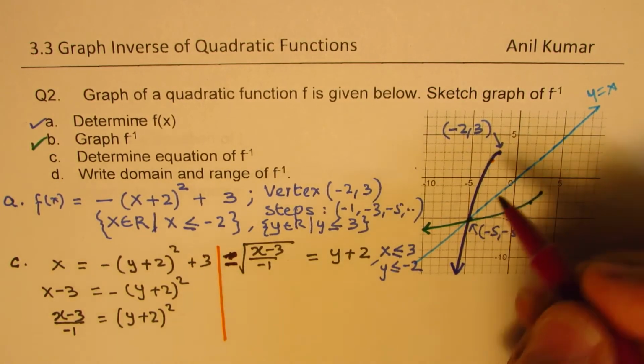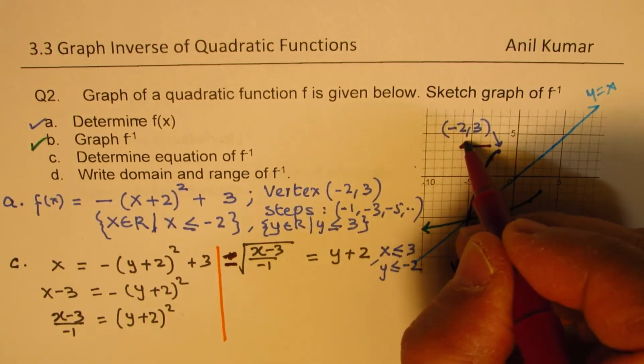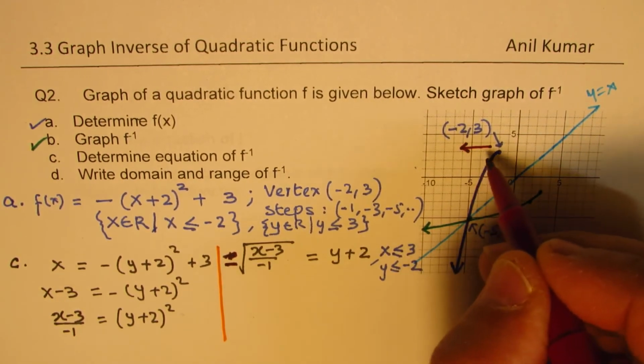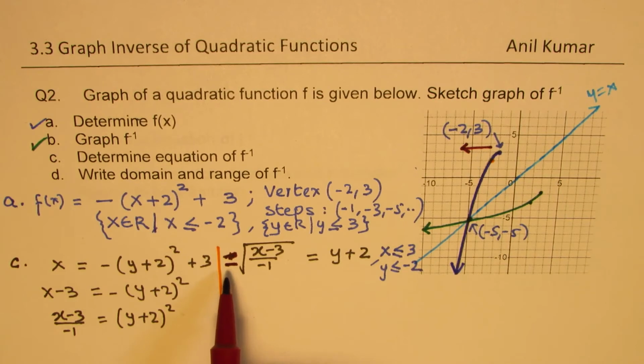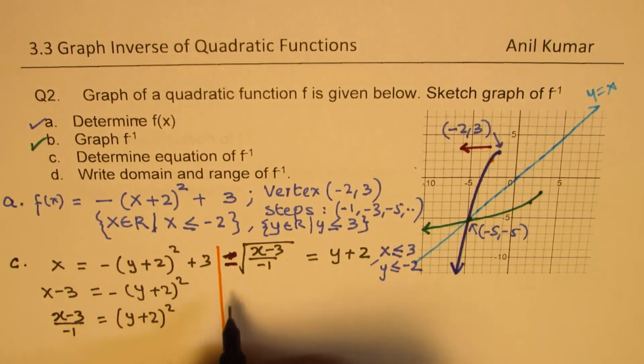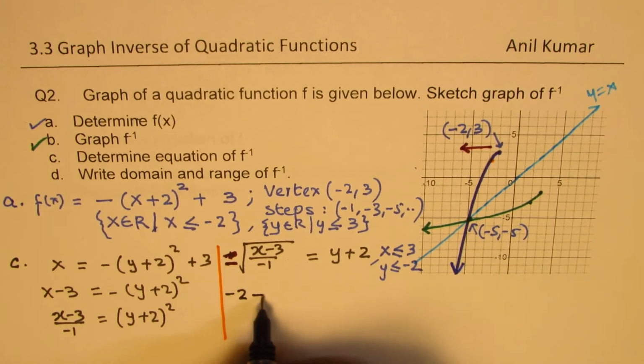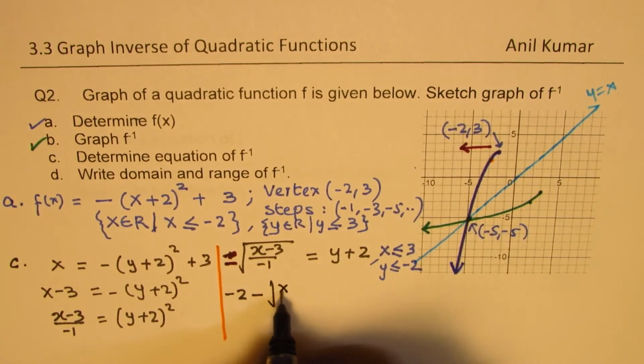You get the idea? We have taken the graph which is on the left side of the parabola. So we are going to consider only the negative sign here. That is very important to understand, right? So we'll not use plus and minus. We'll only use minus. So bringing minus 2, we have minus square root of x minus 3 over minus 1